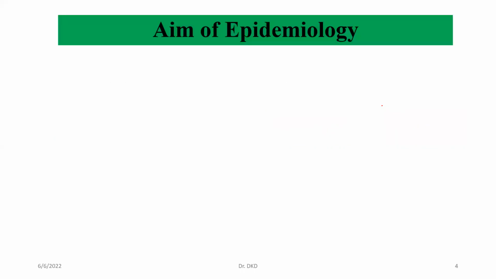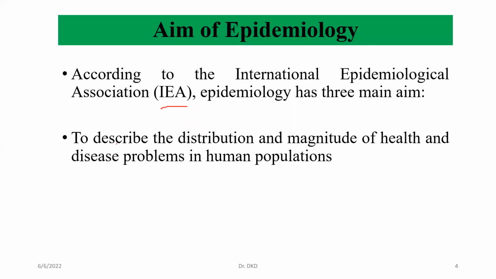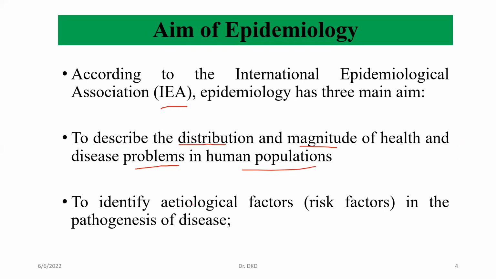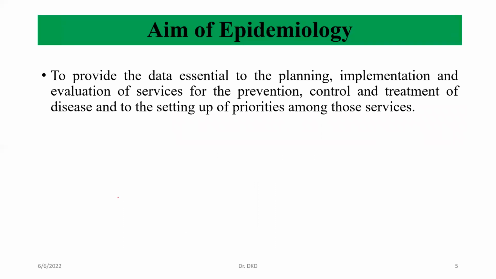So what is the aim of epidemiology? We need to understand this when we discuss epidemiology. According to the International Epidemiological Association, known as IEA, epidemiology has three main aims. First, to describe the distribution and magnitude of health and disease problems in human populations. Second, to identify etiological factors, which are risk factors in the pathogenesis of disease,